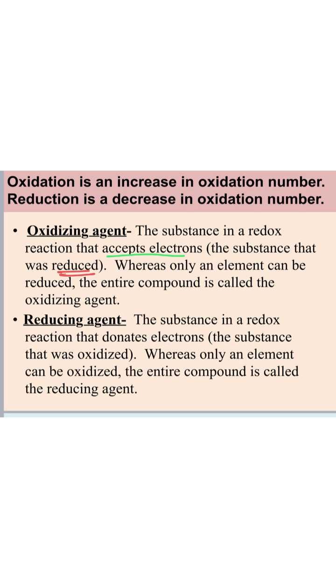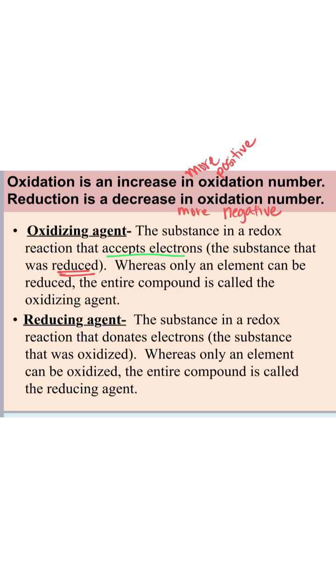Oxidizing is losing electrons, and when it loses electrons, its oxidation number becomes more positive. And reduction is gaining electrons, so it is decreasing its oxidation number or becoming more negative,